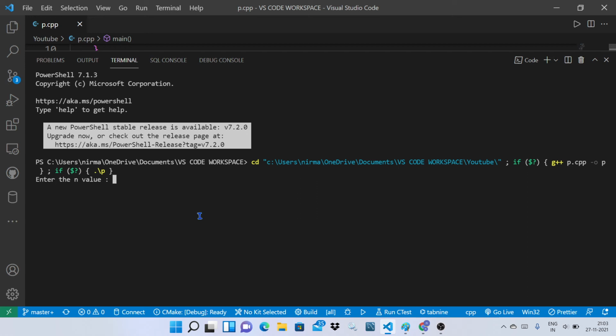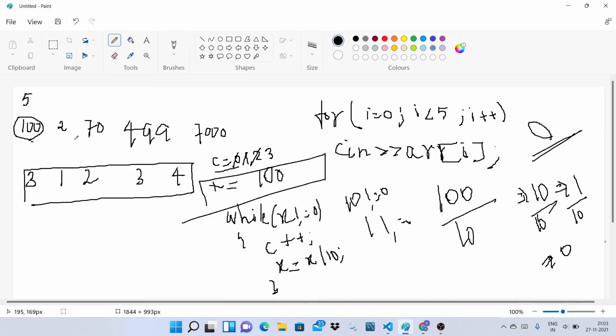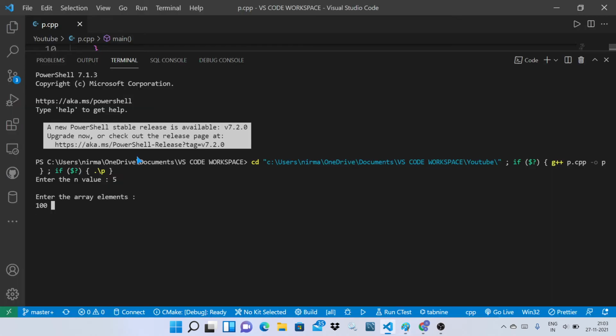There is no error in my program. The compiler asks me to enter the n value, and I'm giving n value as 5. Then we need to enter the array elements. As per the example, I'm giving the elements 100, 2, 70, 499 and then 7000.